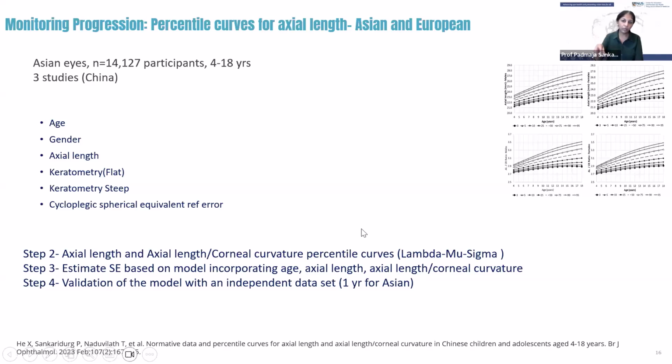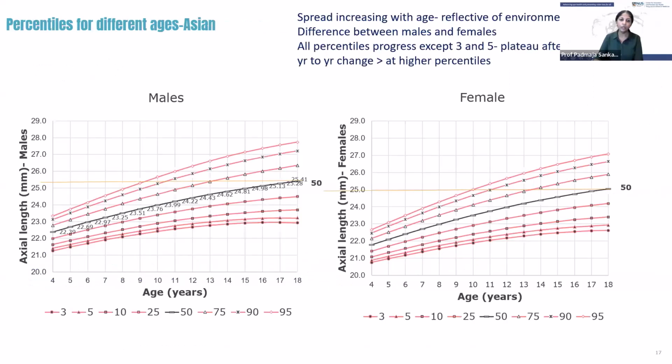We also estimated a spherical equivalent at a later age using a model that incorporated age, axial length, and ALCR. And then we validated the model with an independent data set. And this information has been published, and it appears in a couple of biometers which have tools specifically to monitor progression. So just simply looking at the data, again, we need to have specific models for